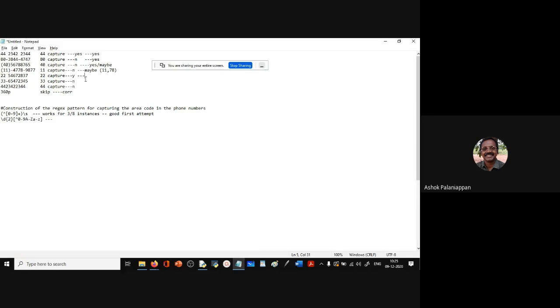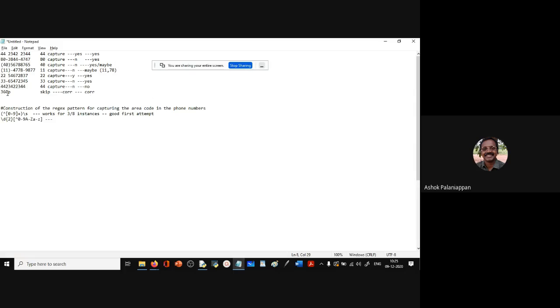Now this one, yes. Next one also yes. Next one is no. This one is no. You see this pattern, 2 digits followed by a non-alphanumeric, is not matching here. Now here again he says 2 digits followed by a non-alphanumeric, that is our pattern here. But here it is 3 digits followed by a non-alphanumeric, but this is a numeric, so this won't be matched, and in that way it is also correct.